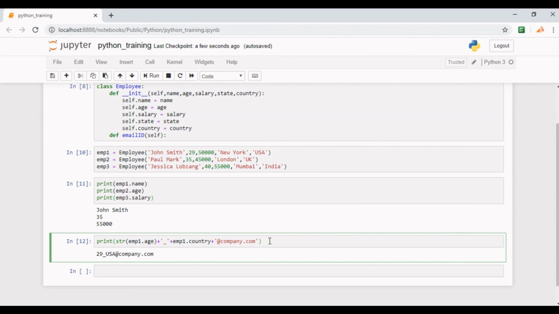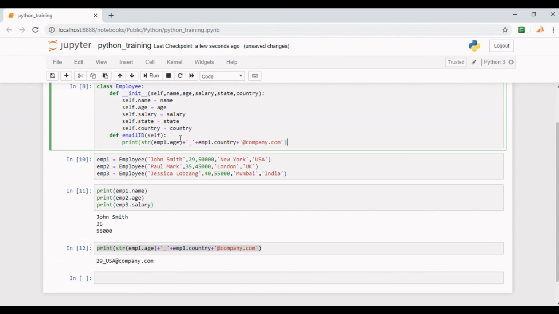Let's put this code here. Now you know that the self variable holds details of the object, and self.age and self.country will automatically fetch relevant details of all objects. Let's replace emp1 by self.